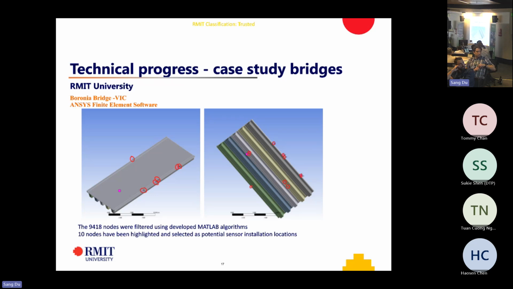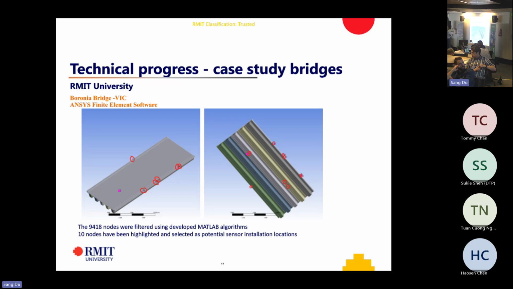We decided to put strain gauges where you experience maximum strain, for example. But here, the purpose is to have a minimum number of sensors, which are cost effective, and also the sensor data are reliable enough to make our finite element model